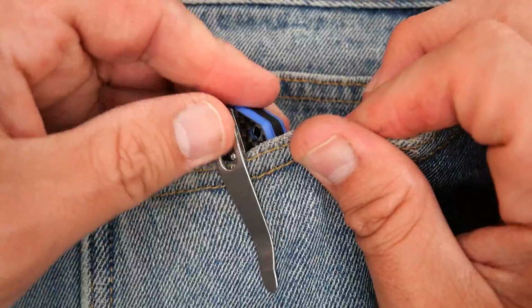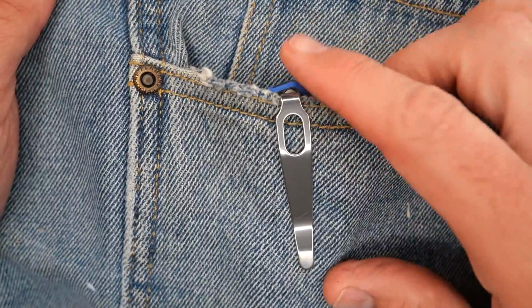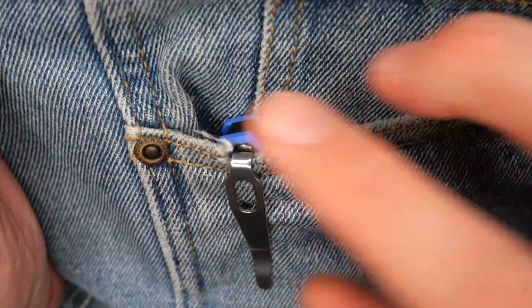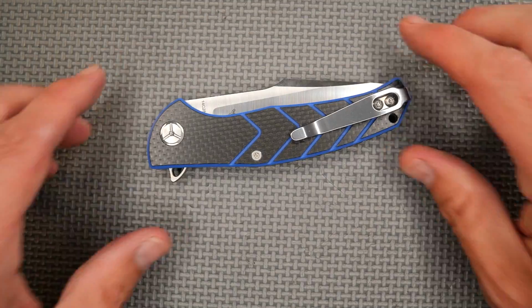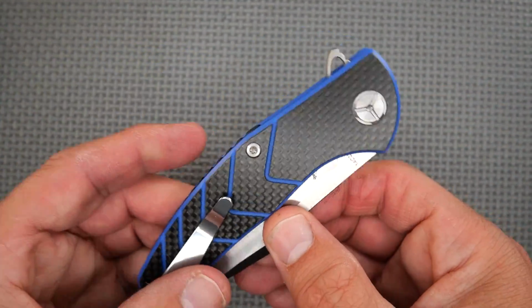It always wants to climb over. And sometimes it catches a little bit on those button screws, but usually it goes down to the full depth. And once it's in there, there you go. It's mostly hiding in the pocket. If you're familiar with TwoSun knives, especially their more budget knives, you've seen this pocket clip a number of times. We've got a